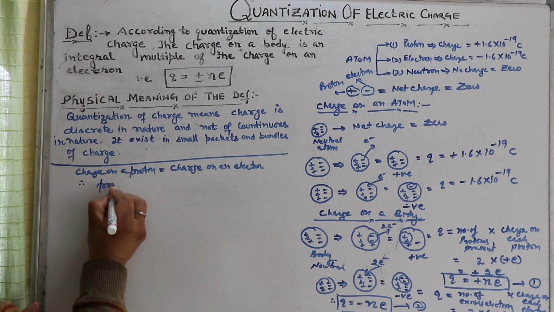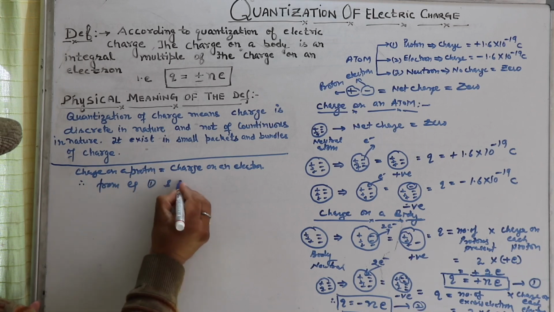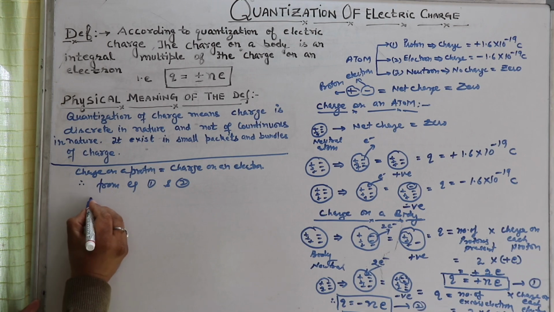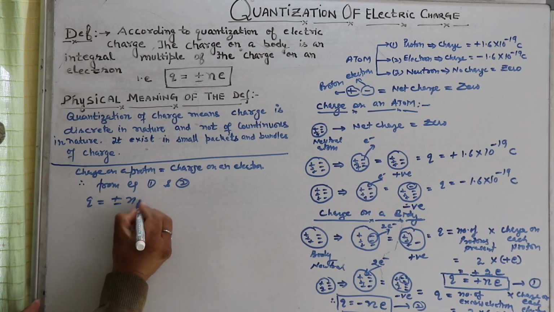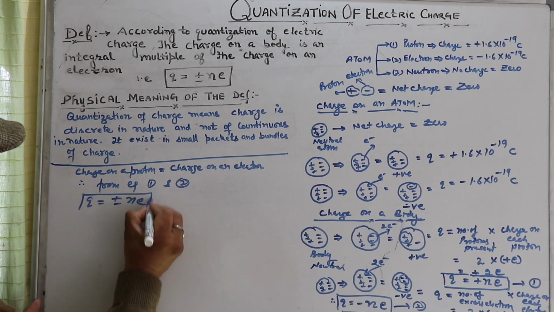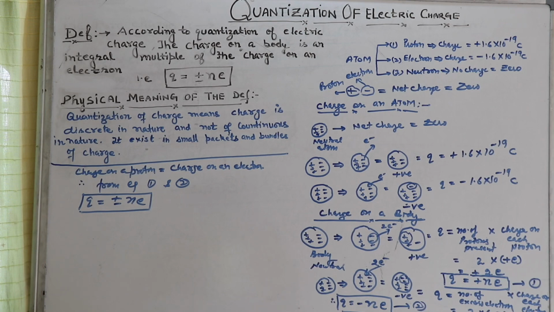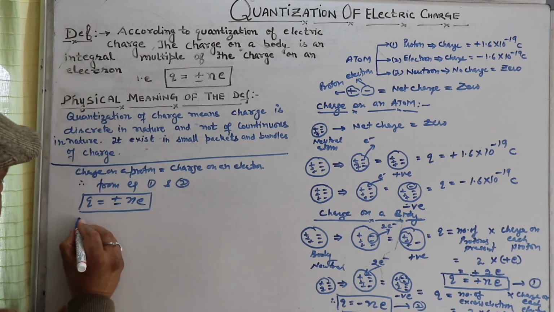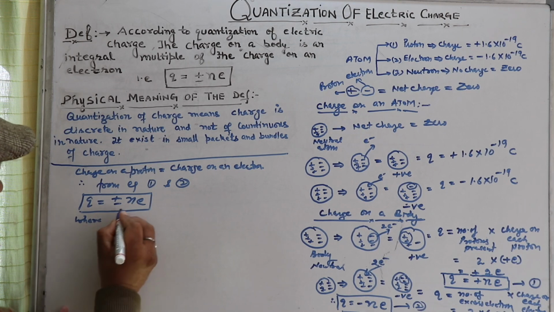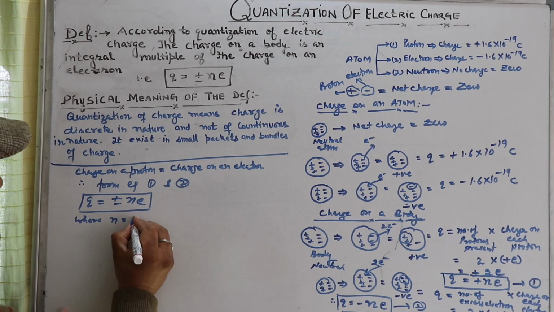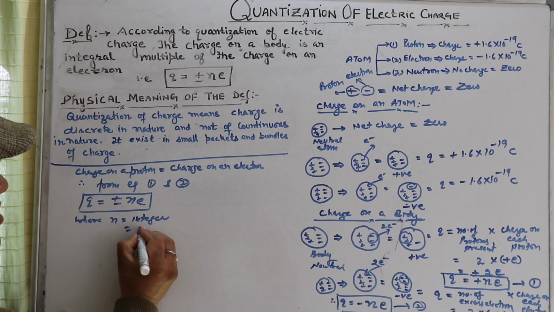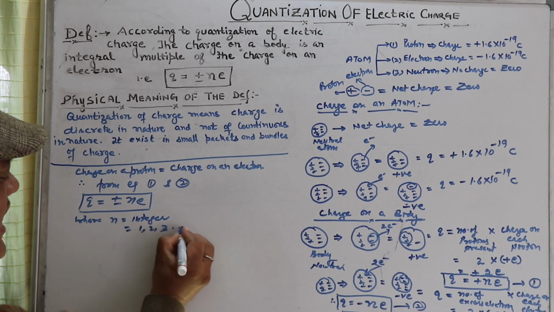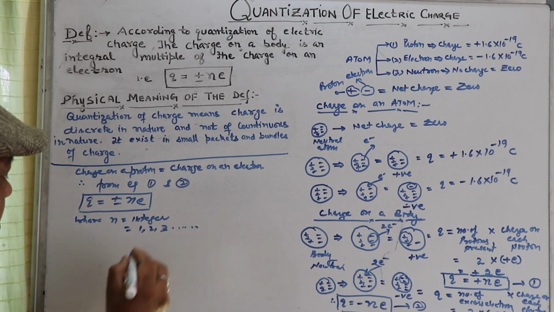Therefore, from equations 1 and 2, we can write Q is equal to plus minus Ne, where N is an integer and its value is 1, 2, 3 and so on, and